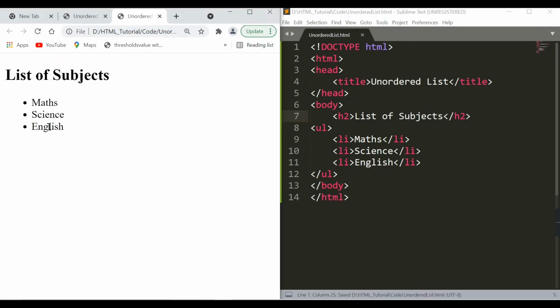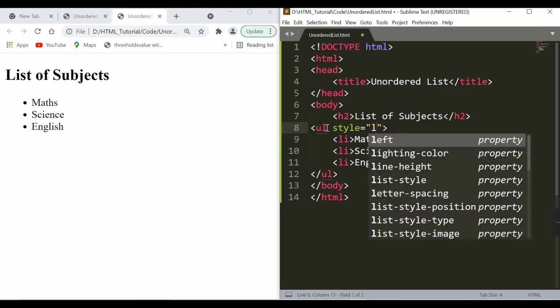Refresh this. Yeah. Now what I want to do, I don't want to represent the list in the form of these marked items. I will be using another symbol for this. That can be done by using the style attribute. See, style attribute, and you need to provide a key value here.